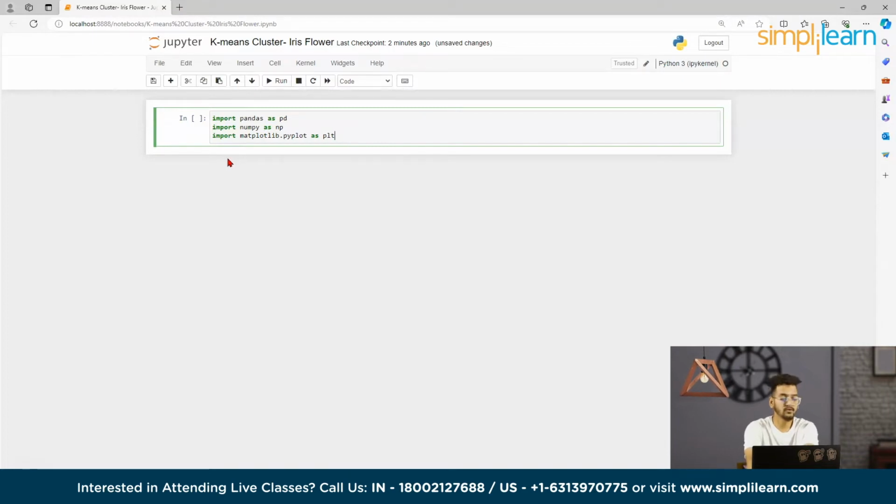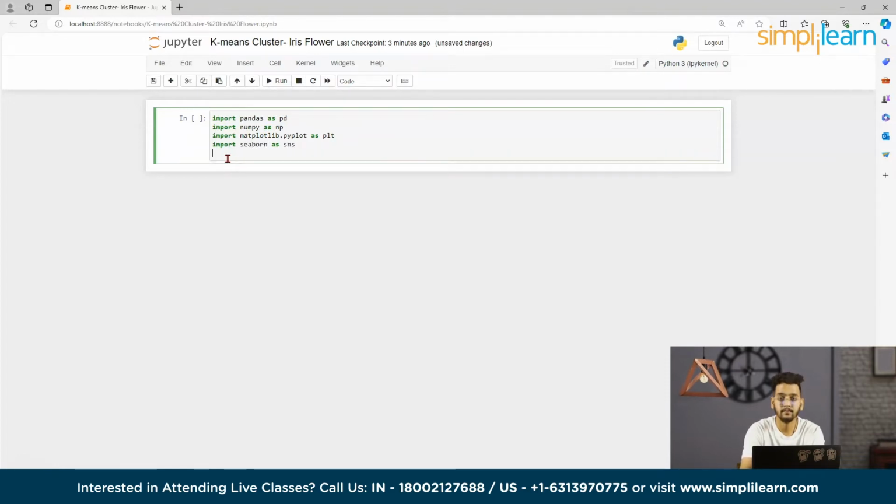I hope everyone knows, because these are some basic libraries of machine learning, or you can say Python. This matplotlib is used for the plotting of graphs. Then we will import seaborn